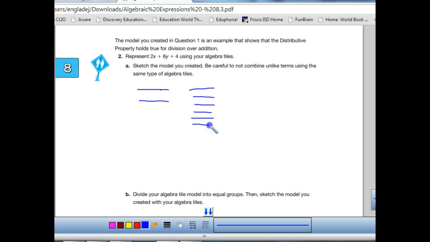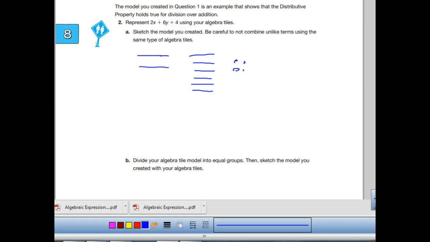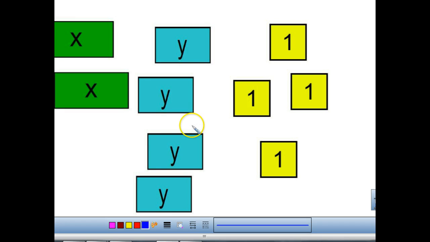And here is my 4. 1, 2, 3, 4. It says divide your algebra tile model into equal groups, then sketch the model you created with your algebra tiles. Okay, so let's see if we can move some things around. So do you see what we can do? Maybe can we put